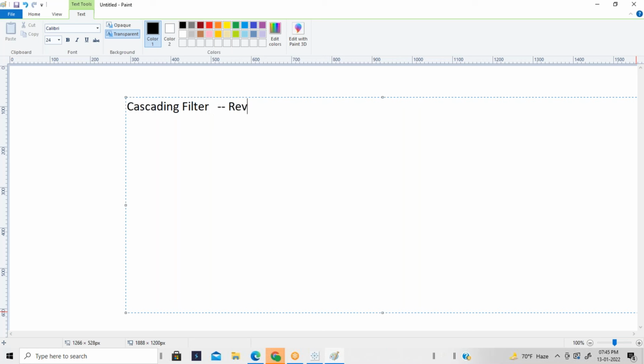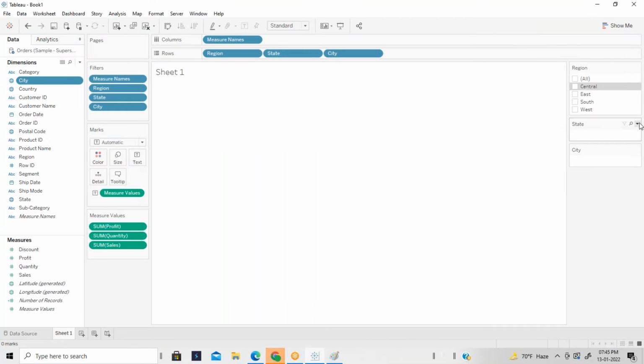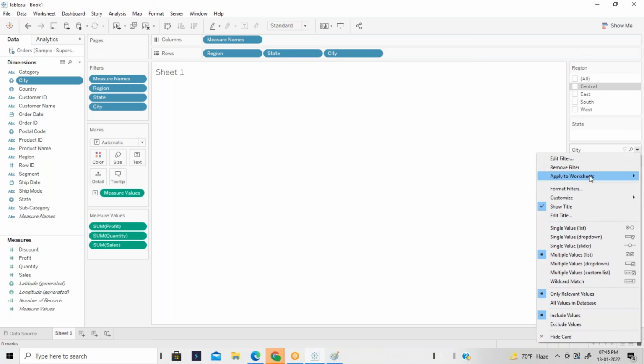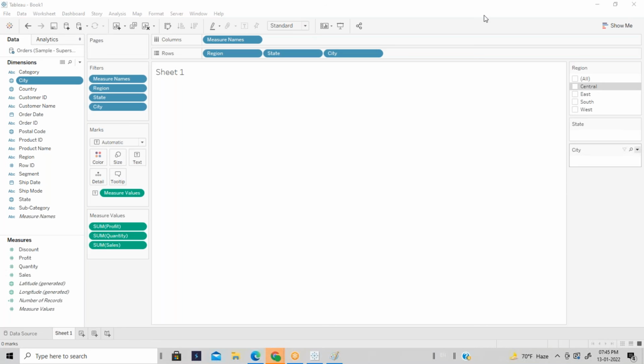Relevant filter or cascading filter, both are the same. It is nothing but a filter which depends on another filter. To make a cascading filter, you have to select only the relevant values. This is how we can define it.